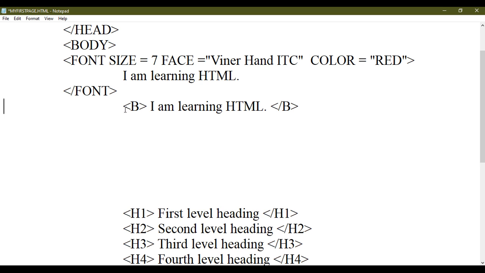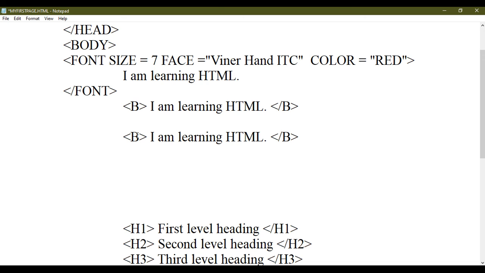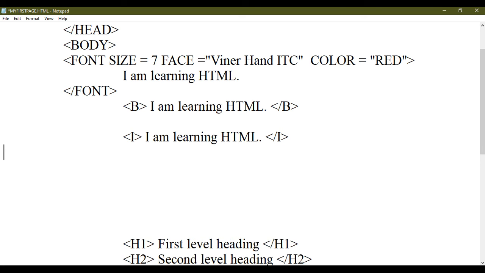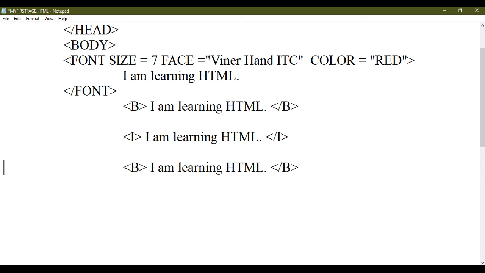Similarly, you can copy this content, paste, I for italic and U for underline. BR tag is the empty tag to break the line.